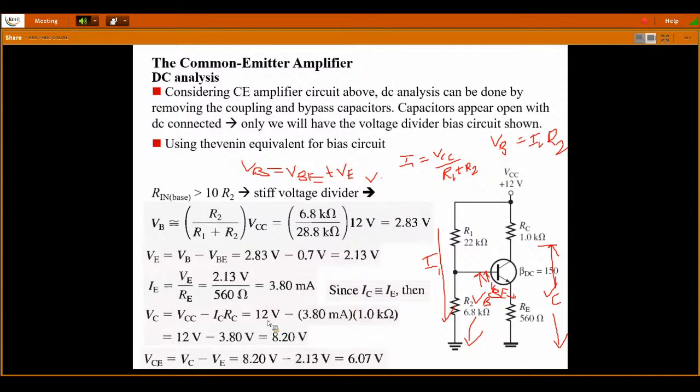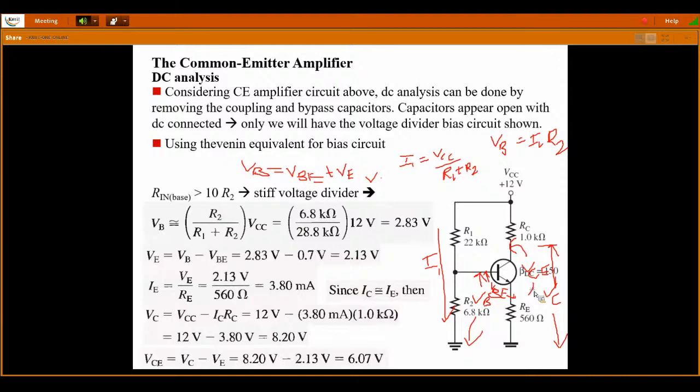So now, as IE is approximately equal to IC, I have considered IC equal to 3.8 milliamps and the RC value equal to 1 kilo ohm. So 12 minus 3.8 gives the VC voltage equal to 8.2. But if I want to find VCE, the collector to emitter voltage,